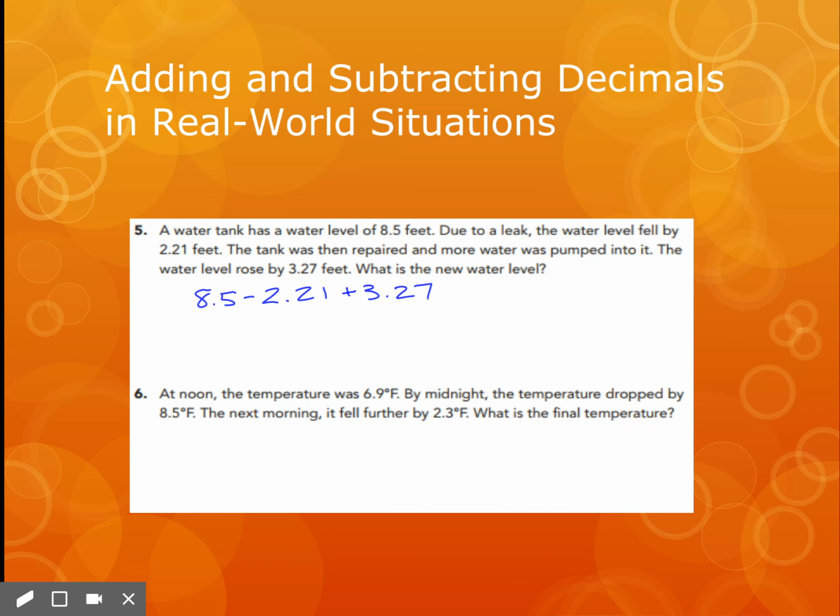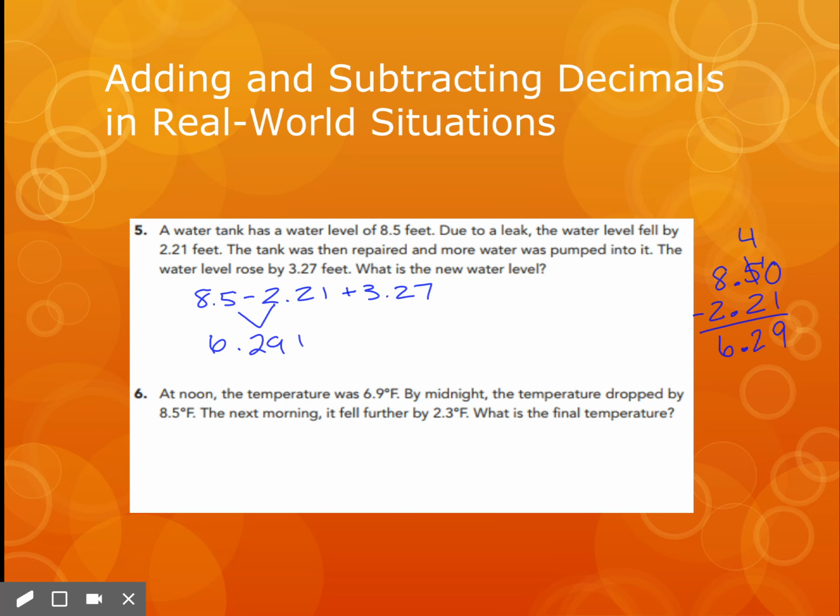Okay, so now I'm just going to go straight across because I have 8.5 minus 2.21. So again, I'm going to do it vertically off to the side. Remember with dealing with decimals, especially when subtracting, we want to add that 0 in there because I can't take 1 from nothing. So I'm going to have to borrow. So 10 minus 1 is 9. 4 minus 2 is 2. And 8 minus 2 is 6. So now I have